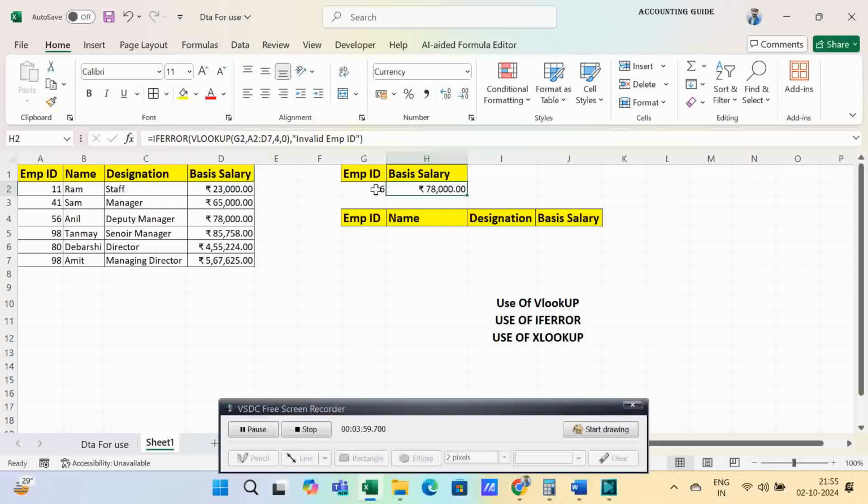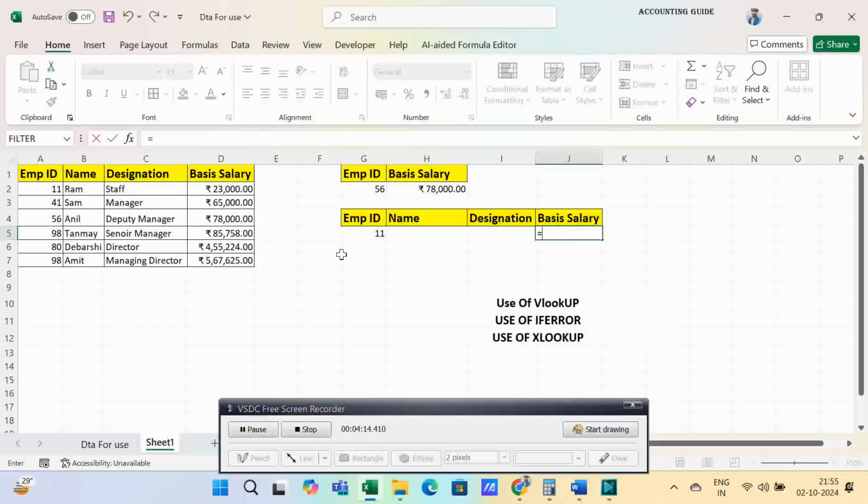So in this case we implement the XLOOKUP formula. Let me show how we can use the XLOOKUP formula. We want to put the basic salary from this table. So can I use the XLOOKUP formula? Yes, you can use the XLOOKUP formula. Click on XLOOKUP,